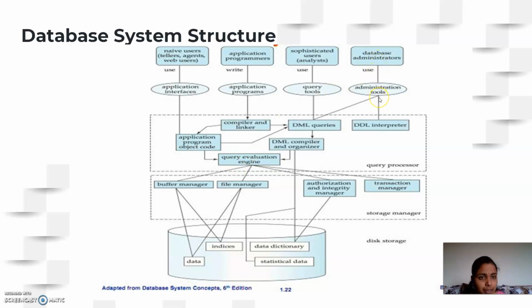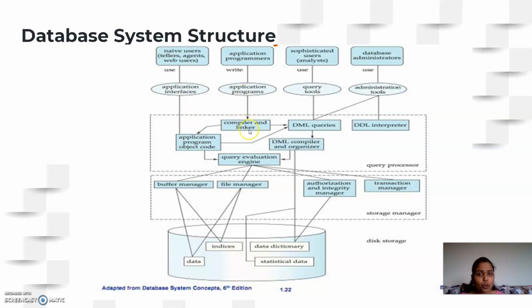Then the fourth user, database administrator. He'll be making use of data administration tools, and here there are chances that the database administrator may also modify the data. So he'll be using DML queries, and whatever schema definitions and access method definitions that he is trying to modify are all applied on the structure of the database. So that is why here you have the database definition language interpreter. So DDL interpreter is available, so that the modifications are directly done on the schema of the database, not on the data. Clear?